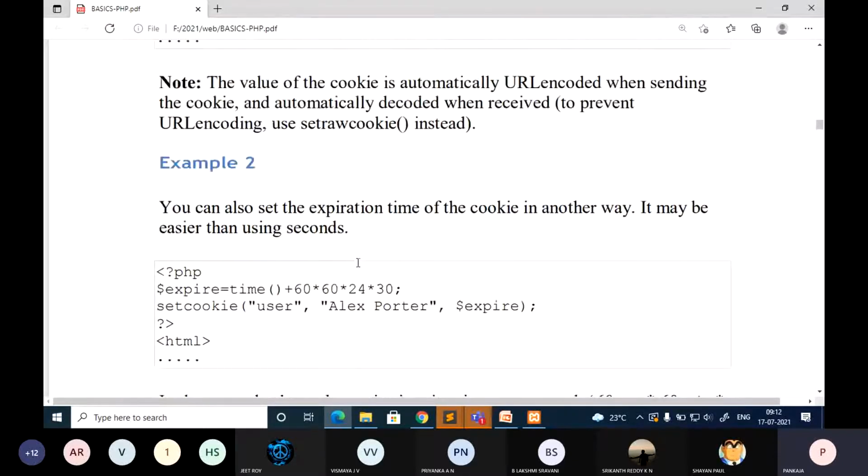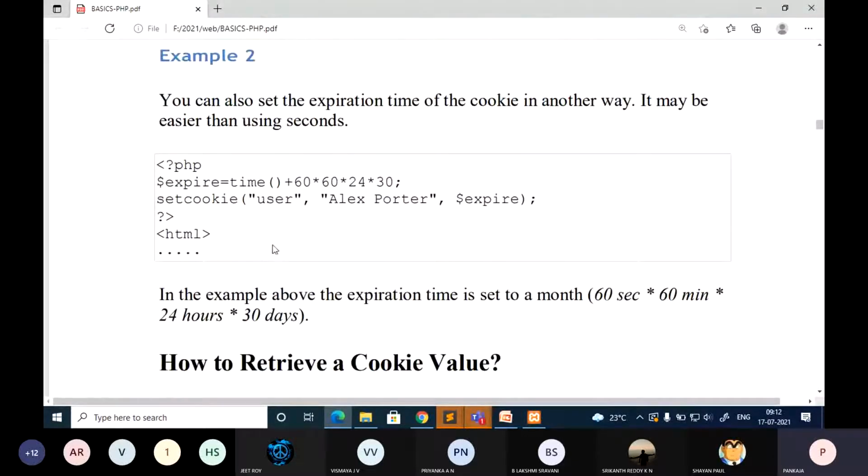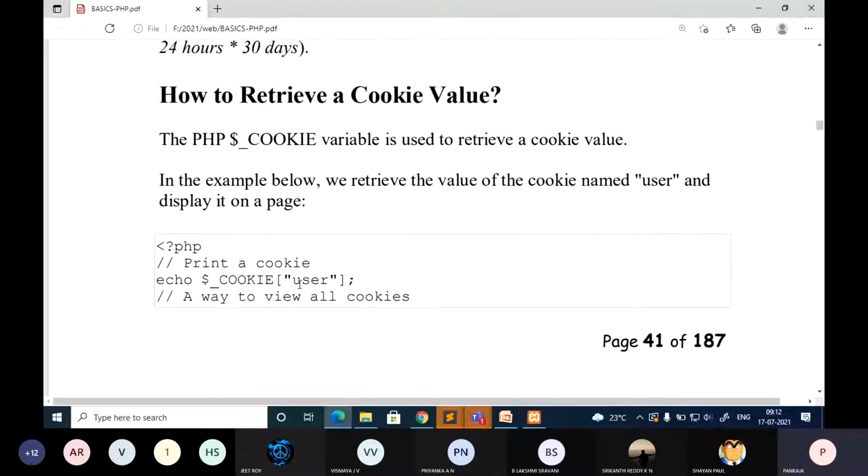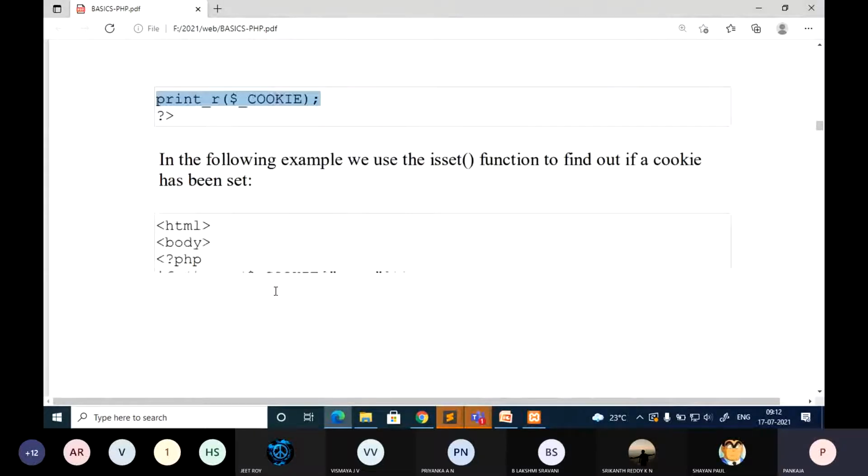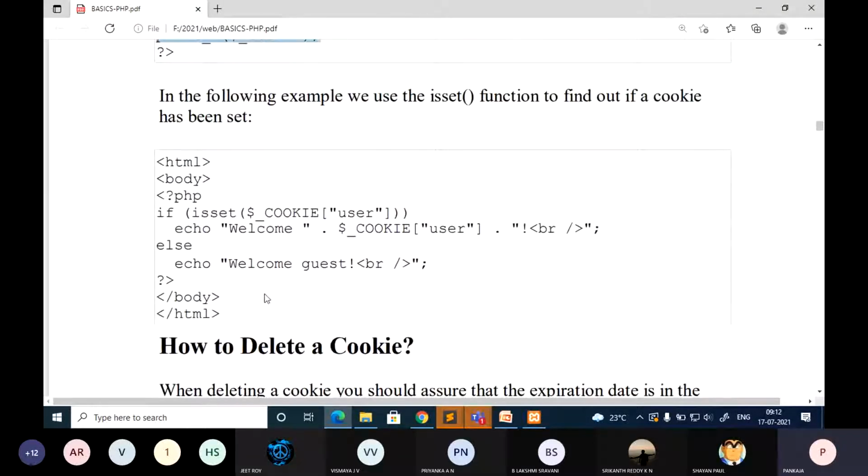Okay, so this is how to set the cookie using the setcookie function and how to retrieve the cookie value. Very simple. You need to give the proper examples. The syntax is very important. Now you can check whether the cookie is set or not. You already know the use of isset. Just make use of the isset function to check whether the values are set or not. So isset($_COOKIE['user']). In case this condition is true, it indicates that the cookie is set, and correspondingly you can echo welcome and specify the user name.